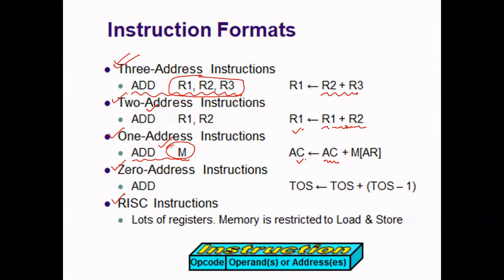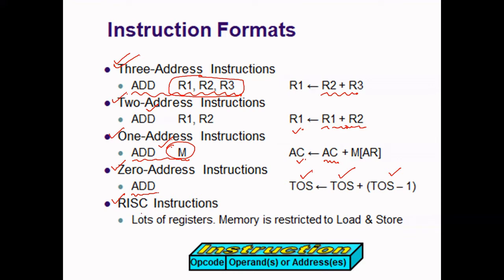And some CPUs support zero address instructions. Just add, it understands, right? And what operands does it add? It goes to stack memory. TOS, top of stack, one data is there. Top of stack minus 1, one data is there. The two data are brought and added in the arithmetic logic unit, and then stored back into the top of stack in the stack memory only. So no need to mention the operands here. It directly takes the top two elements, adds them, and stores the result back into the top of stack.